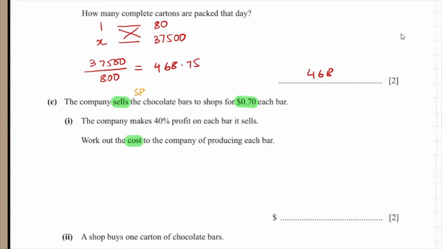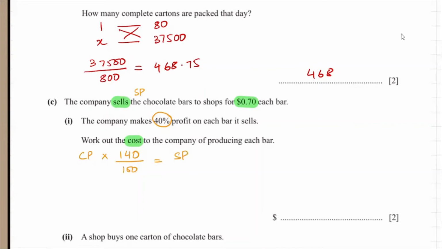Now, you would know that cost price multiplied by the profit, I'm writing 140 because 40 is my profit and profit is always 100%. So 100% plus 40 would make it 140%. And then since profit percentage is always divided by 100, I'm dividing it by 100. And this would be equal to the selling price. Now, there are lots of ways of doing this. There is the unitary method as well, but this is the easiest one. That's why I'm doing it.